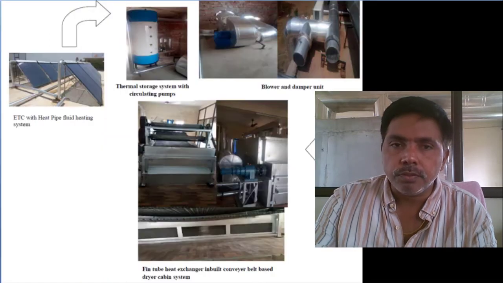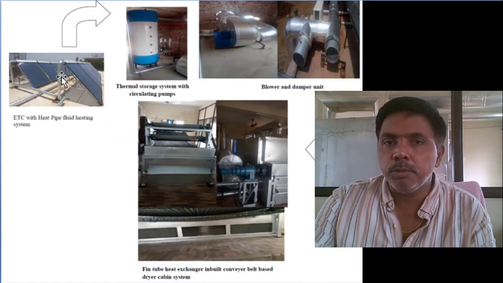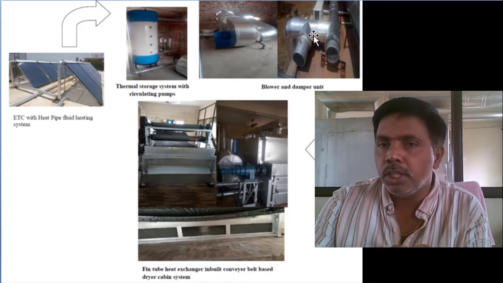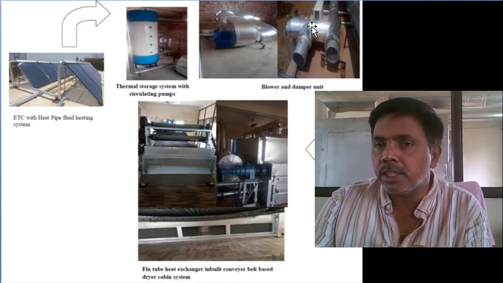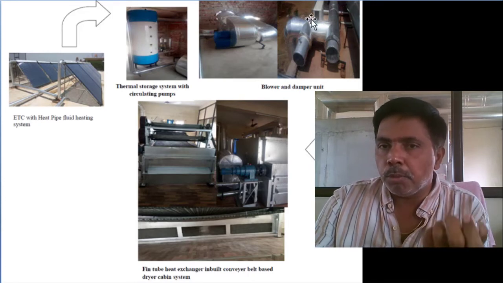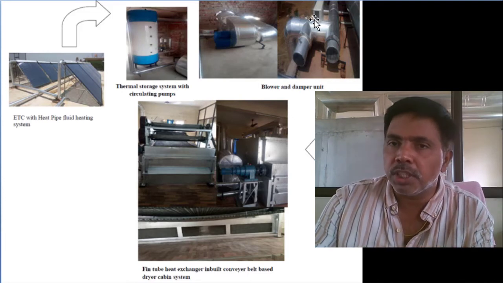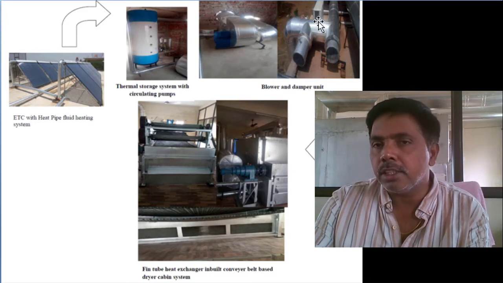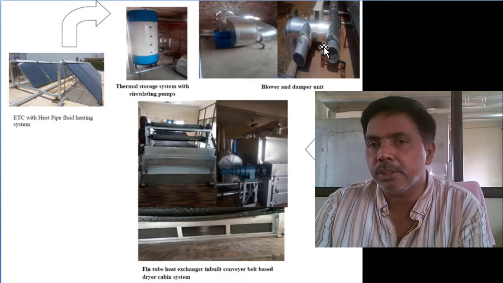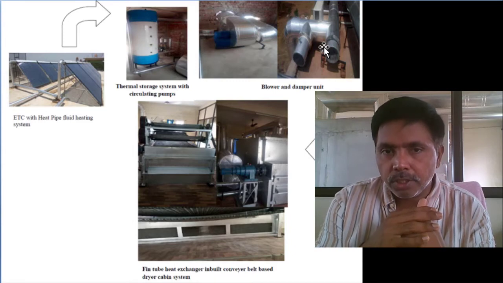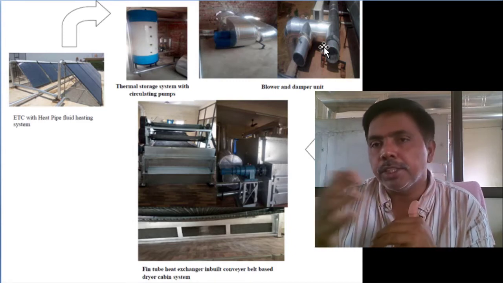You can see this is the solar collector system. Here we absorb the heat separately. Then the blower system is there. Here the damper unit is there. When I am removing the bonded moisture, then the same air we can recirculate. We will close the exhaust and we will close the inlet, and the same air we are recirculating. Once we measure the relative humidity of the air and it is more than 60 or 70, then again we will open the inlet and exhaust, and the damper will close automatically. Fresh charge again enters the system. So we can decrease the cost of drying from an industrial application point of view.